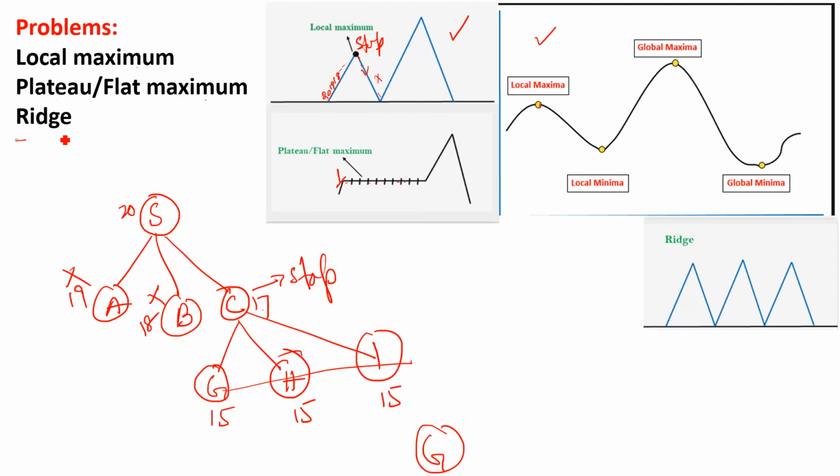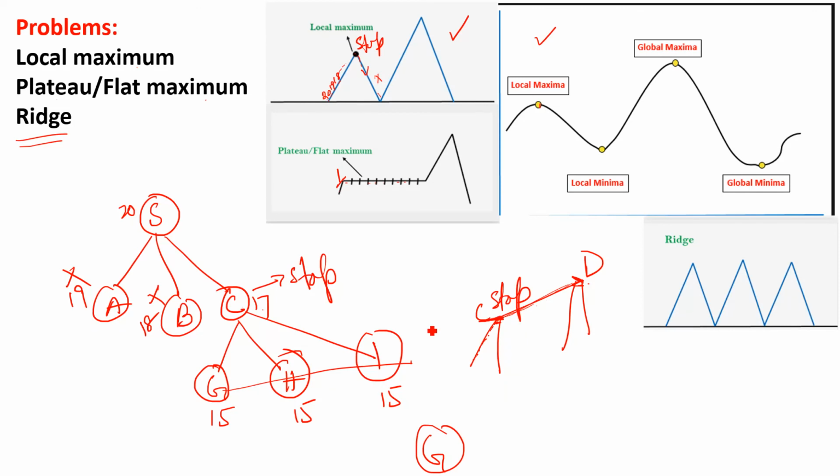And the final is the ridge. What is the meaning of ridge? This is the example of ridge, but I can make one more example here. If I make it just 3D, this is my C point, this is my D point, right? These are all the best moves we are climbing. When I reached here, we notice, oh, there is another destination. But see, this destination is in this direction. It does not allow us to change the direction either. So we cannot change the direction. We have to stop here,